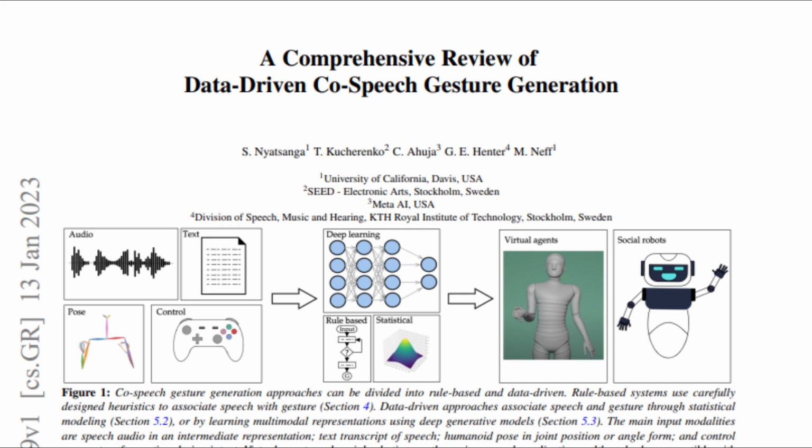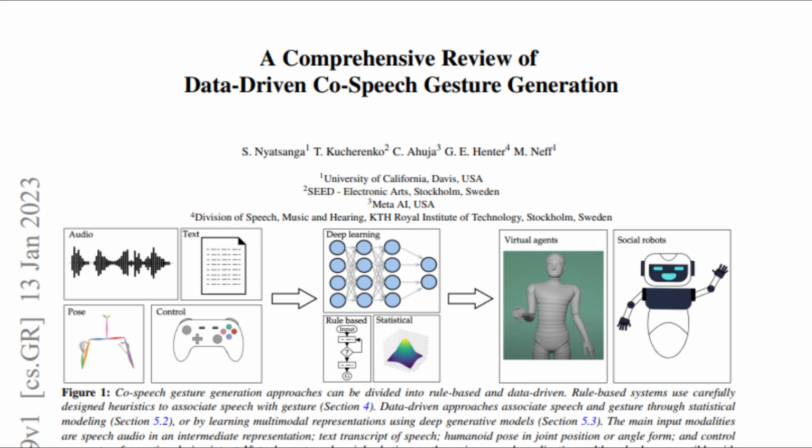Previous surveys have covered co-speech gesture synthesis with varying scope and emphasis. One is more closely related to our work, emphasizing co-verbal gesture generation for virtual agents and robots. Their work presents a scoping review of data-driven techniques for speech-to-gesture generation, related datasets, and evaluation metrics. We include a larger set of papers, 40 versus 19, and are able to provide a more in-depth treatment of the technical material given the substantially longer STAR format.